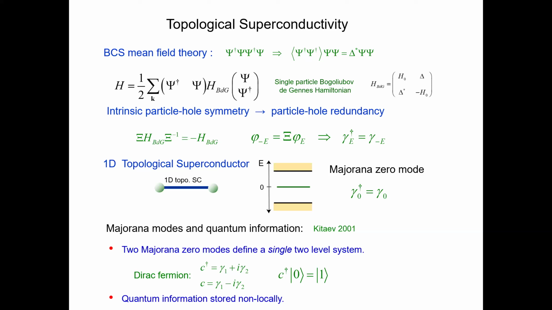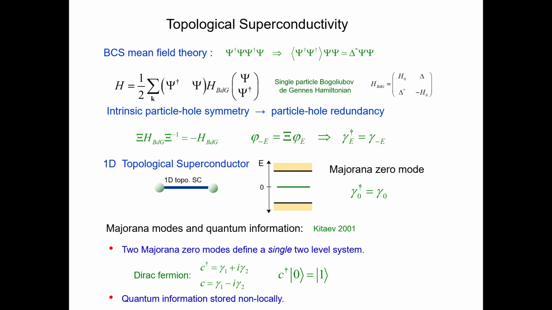So you can write your Hamiltonian as a 2x2 matrix. I have my Hamiltonian and minus my Hamiltonian, and the off-diagonal terms couple, giving you the psi dagger terms. When you do this, this Hamiltonian has an intrinsic particle-hole symmetry. Remember when I told you about the polyacetylene, I gave you this fake particle-hole symmetry. This time it's real.